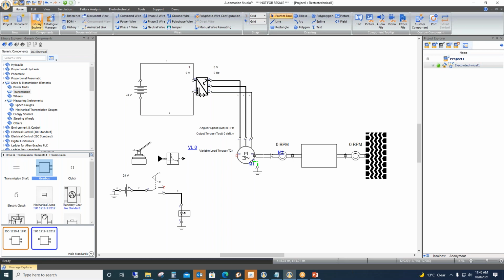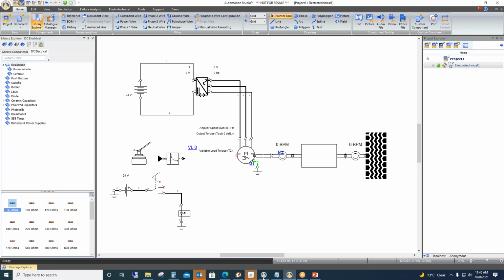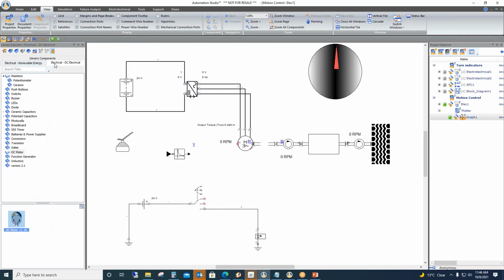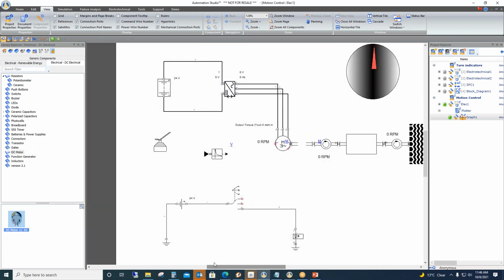So after this, I'll be showing you, in here in electrical, we have added this new library of DC electrical. In this, for the educational market, to have a more realistic appearance, the components are designed accordingly. So this is a motor.